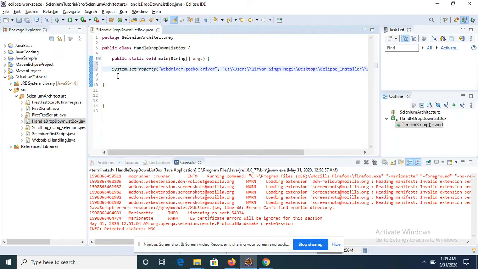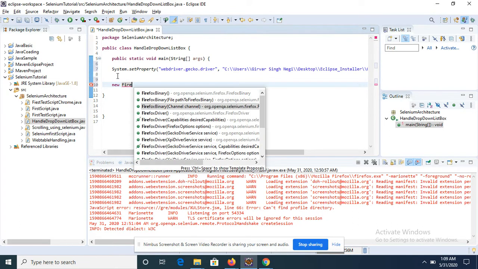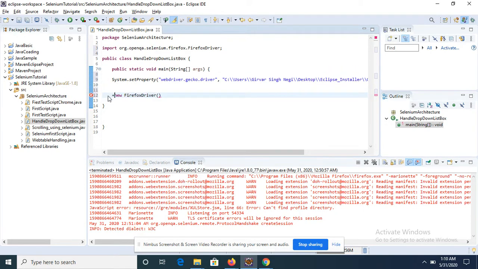After that, I'll handle the scenario in the Firefox browser. For that, we'll create an object of Firefox driver. I'll name it as driver itself. No issue, you can name it anything.